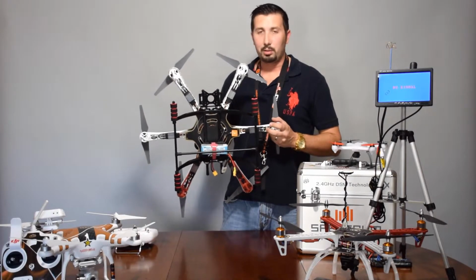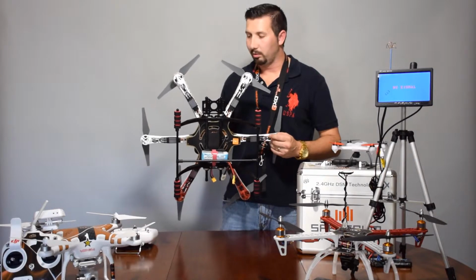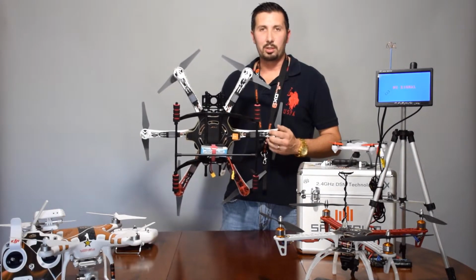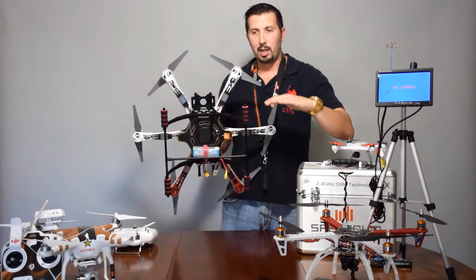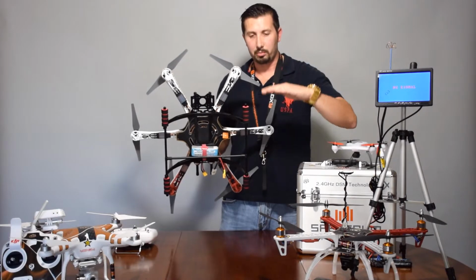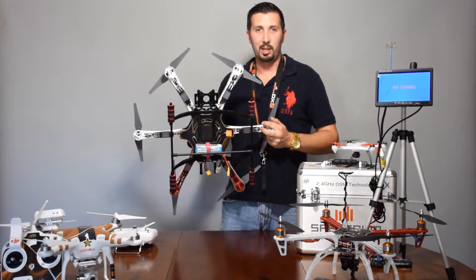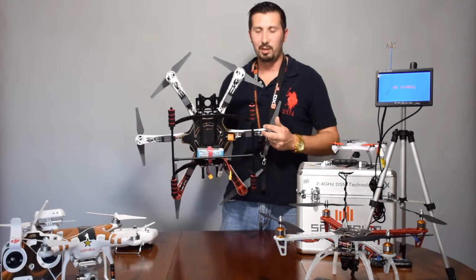If you take too long, if it goes to its second level of low voltage, it will then go into its function of auto land sequence, which pretty much brings the multi-rotor down slowly, safely, but it will just drop it where it's at, bring it down to the ground, and that's where it'll land. So again, if you're flying over water, you want to pay very close attention to that red flashing light,